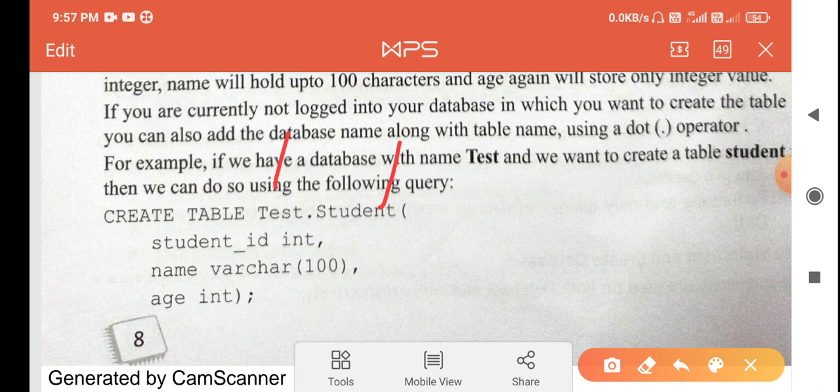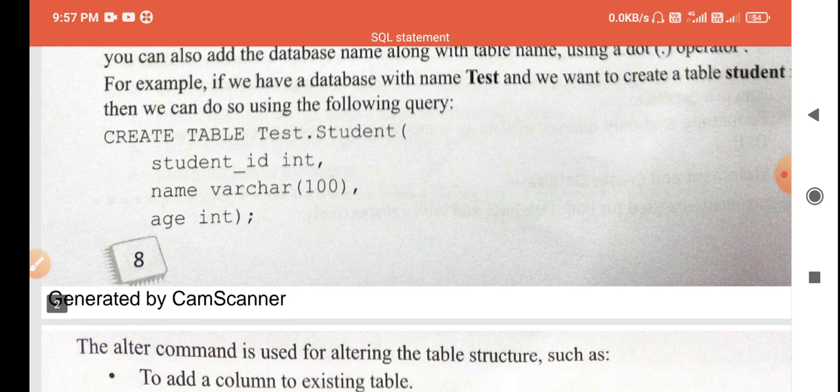If we do not write USE database, it means you are currently not in working mode in that particular database. Then you will have to write the command like this: first the name of the database, dot, the name of the table you are creating. So these are the two commands. With the help of the database command, you can create a database, and with the help of the next command, you will be able to create a table.